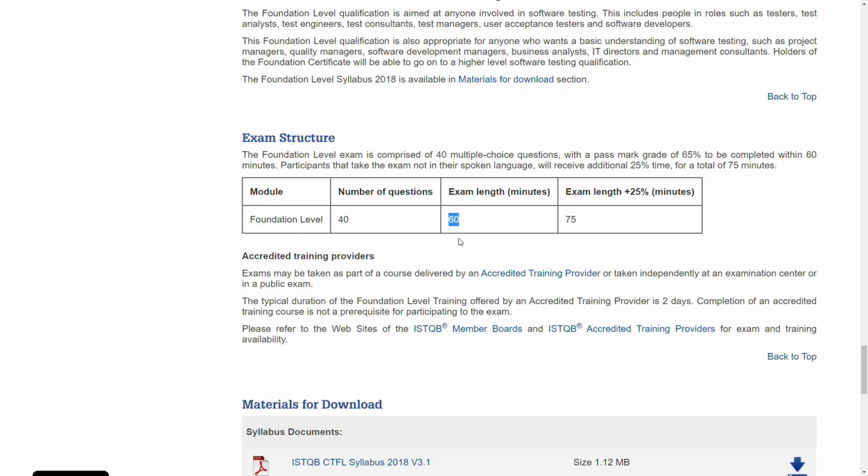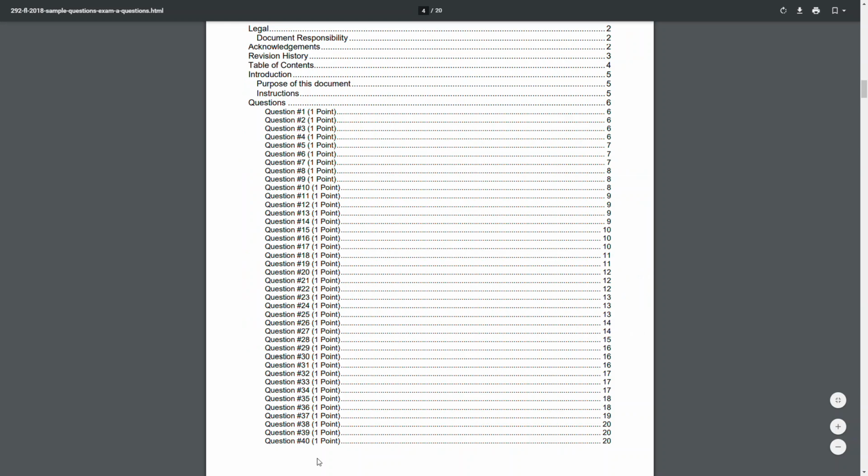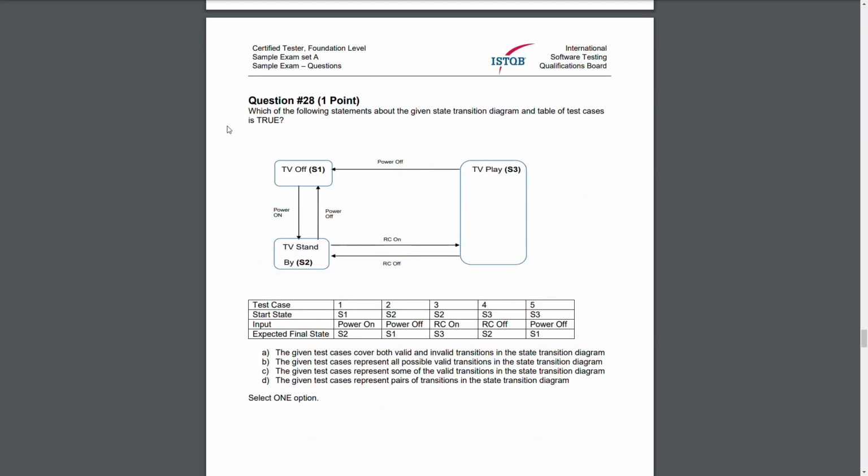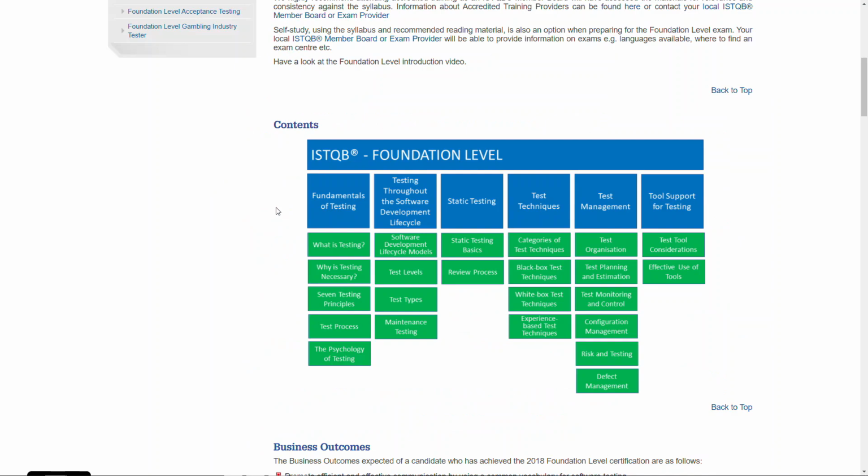Let's check an exam sample. As you see, 40 questions in total. Each question has a value of 1 point. And each question has 4 possible answers, A, B, C, and D. And only one is correct. Some questions are quite easy, like these. Other questions are extremely complex, like this one. And one more thing, which we need to know before answering our questions, is that there are